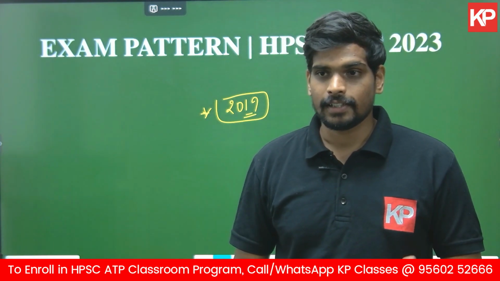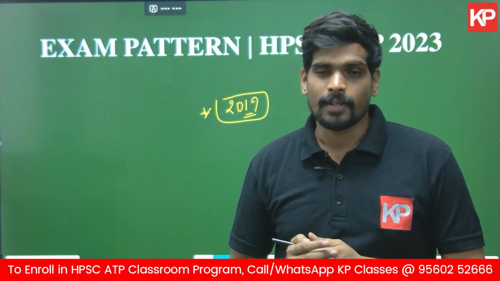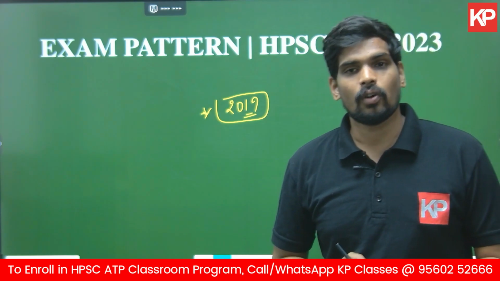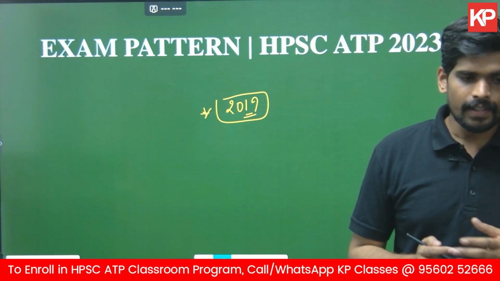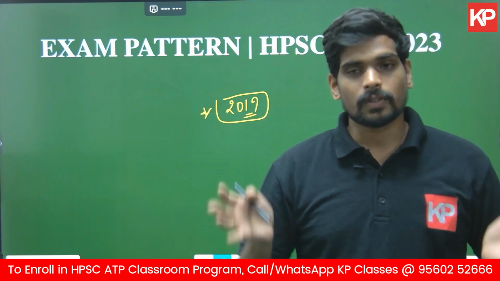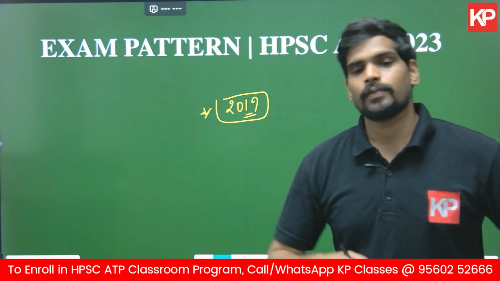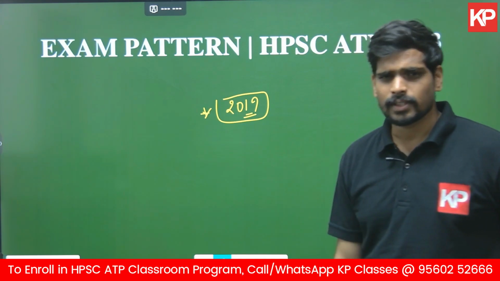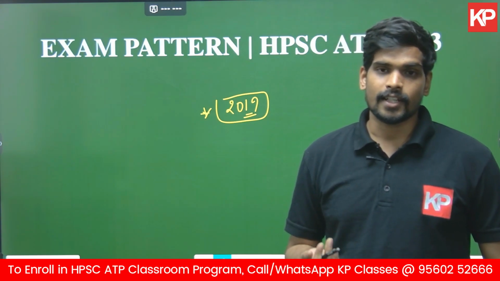If you look into the 2019 syllabus, there are a total of 60 points mentioned in the official syllabus, which is a very elaborate one. So considering the elaborate syllabus and the course content, we are starting the classes. Once the official syllabus is out, we might make any necessary changes to it.